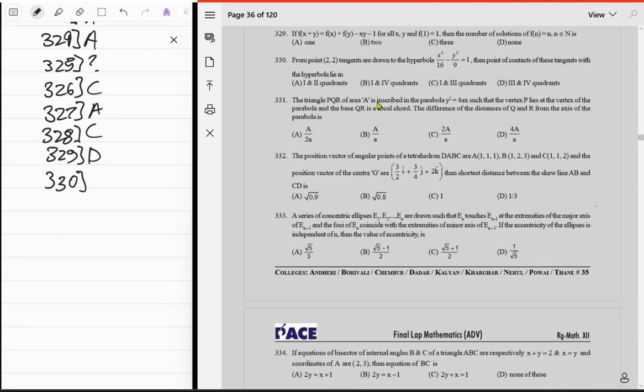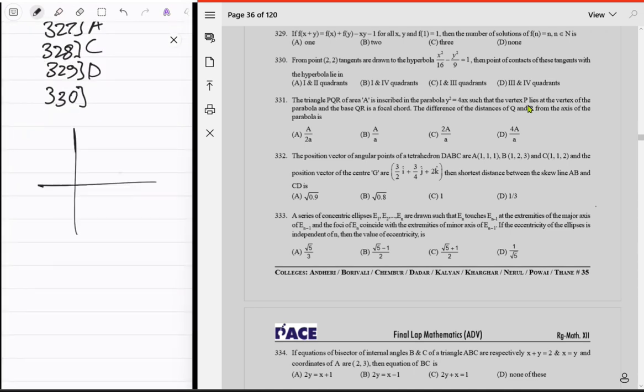The triangle PQR of area A is inscribed in the parabola y square equals 4ax such that the vertex P lies on the vertex of the parabola, and the base QR is a focal chord. Oh, that is very special. The difference of the distances of Q and R from the axis of the parabola is